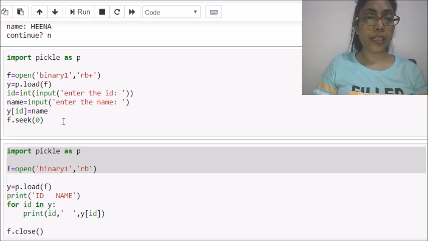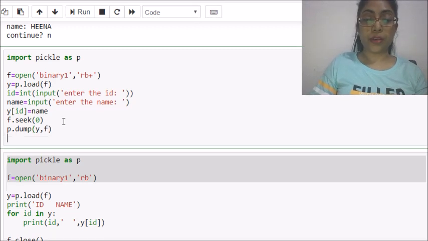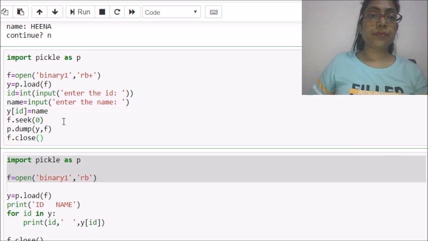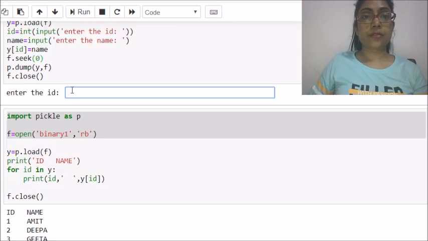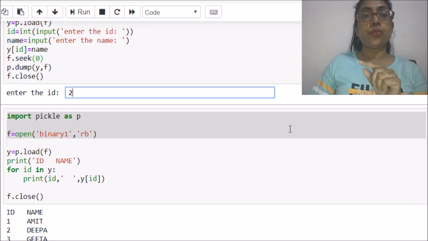So I will write here, using the dump function you can write your latest dictionary in file F. Then close the file, run it. Suppose I want to change the value of ID 2.